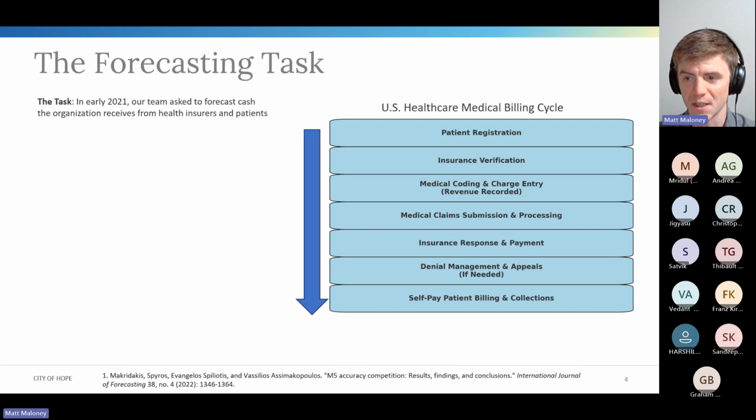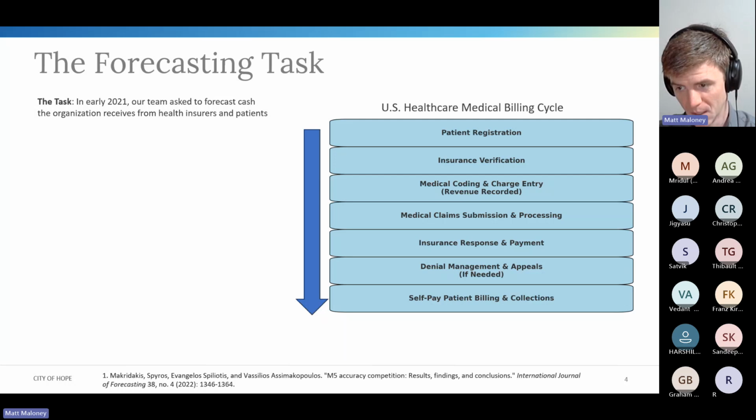But in some cases, they may say, no, we don't actually owe you for this. This is denied for some reason. There are a few different reasons they can deny payment. Sometimes it's just a lack of documentation or something like that. So we will then go through the cycle again. So it makes for a system where the timing of the payment we receive can be somewhat irregular. And then the final step is if there's some remaining amount that the insurance company did not cover, we would receive payment from